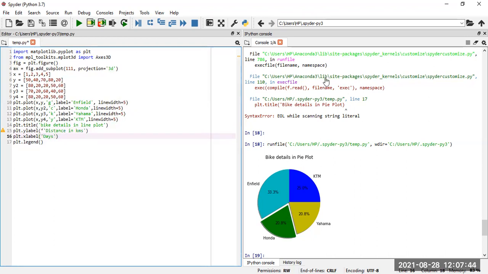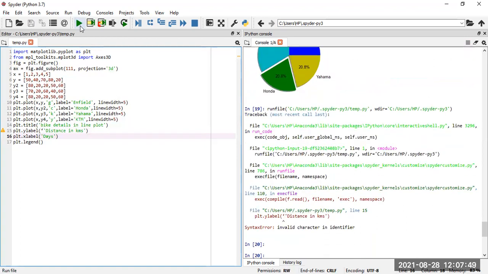Okay, all the indents have been changed. Now if I run it, okay, invalid character. Okay, here.